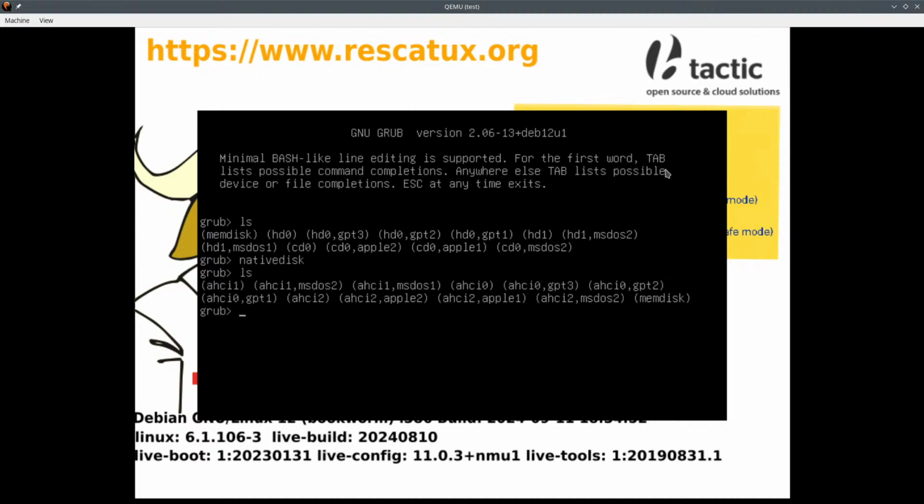So even if I change to native disk in order to see something native, there is no native disk that the UEFI is giving us. But well, we are missing grub 2.12, so I'm not sure. I think we are going to get the same thing without the memdisk, and we're not going to be able to read